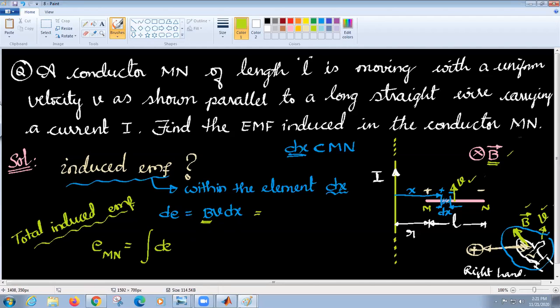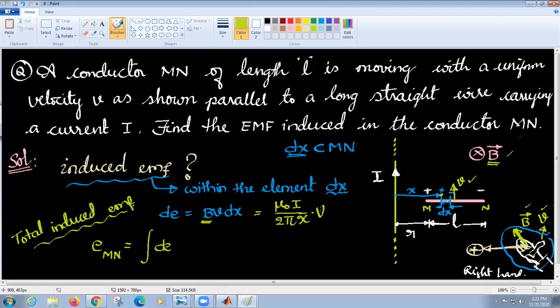We need to find B, right? Can I say B is equal to mu naught I by 2 pi x? Yes, sir. Because at x units from this current carrying conductor I want the magnetic induction B, so I take mu naught I by 2 pi x, because I know due to a long current carrying conductor I have this form. So that is my B.